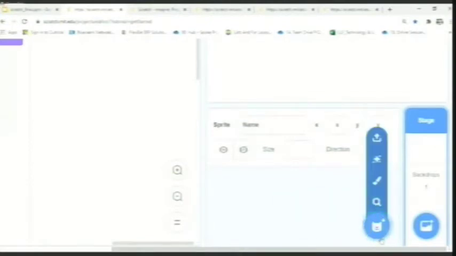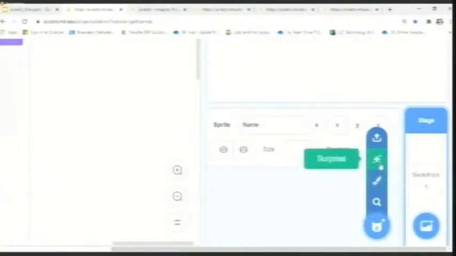If you can see this image right here on the right corner, a little cat image is being shown there, or a symbol. So when you click on this, it shows choose a sprite. In order to choose a sprite or an image, there are multiple options given to you here. The first one is you can choose a sprite from the library, which is already there in the software. The second thing is paint. If you're really good at drawing and artistic, you can develop your own sprite, like you can create your own cartoons. Okay, that you can do in the paint option.